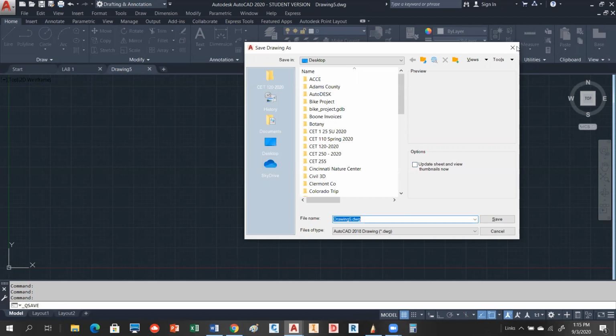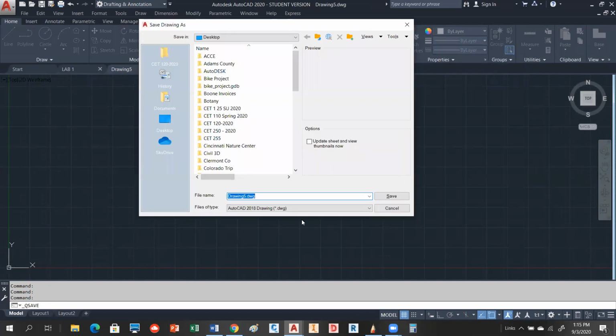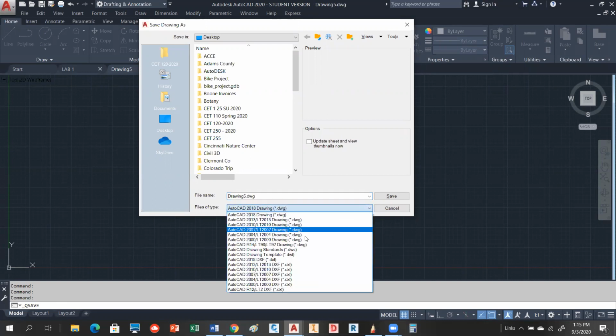One other thing with the save as, while we're looking at save as, you can choose to save your drawing to different versions of AutoCAD, okay? Notice at the bottom, this will pop up. So they have 2018, 2013, 2010. So right now, AutoCAD 2021, 2020, 2019, and 2018 are the same file type, okay? But if you wanted to share information with somebody in 2015,